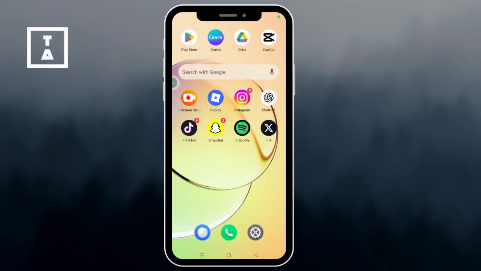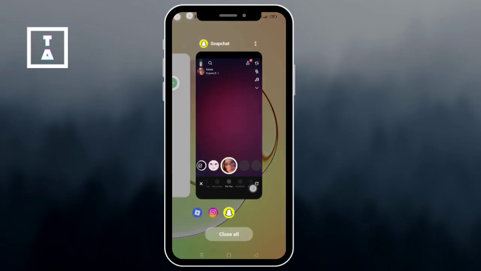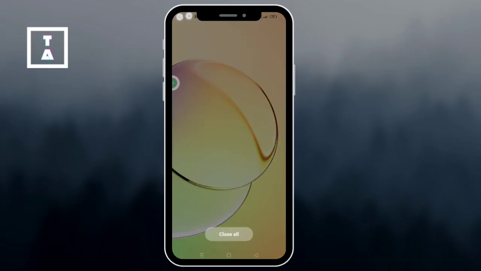Hey everyone, in this video, I'll show you how to fix Snapchat not working on your device. Let's get started. First, the simplest fix is to close Snapchat completely and remove it from the recent apps